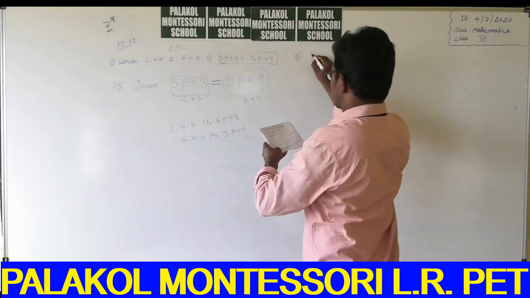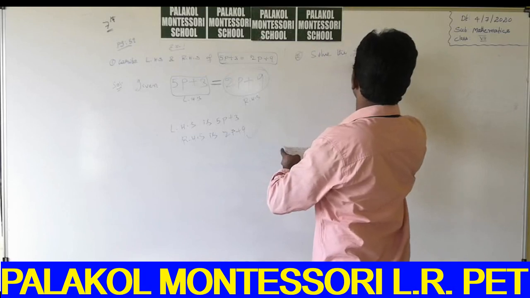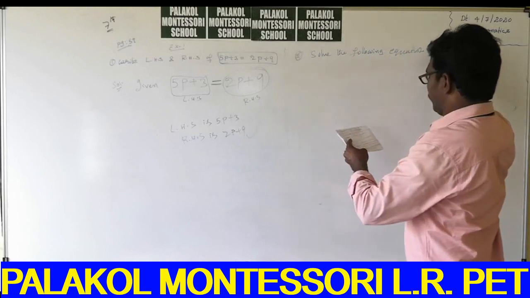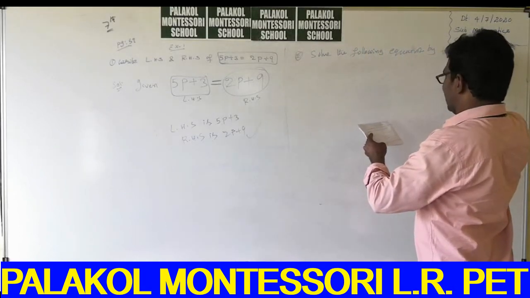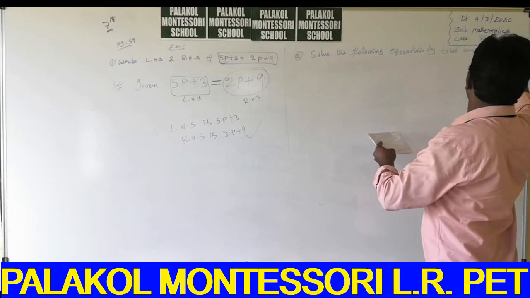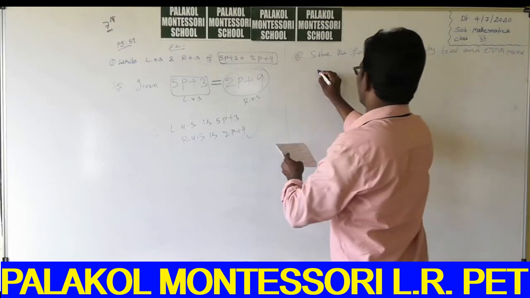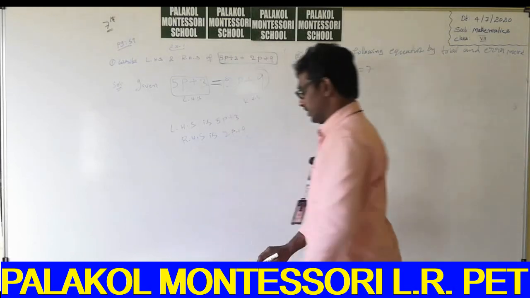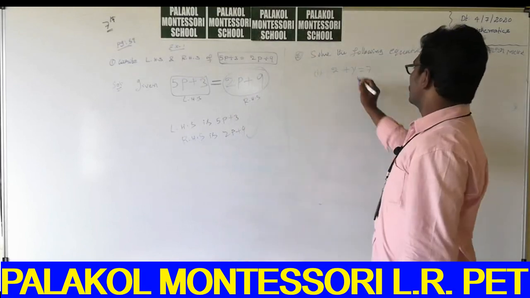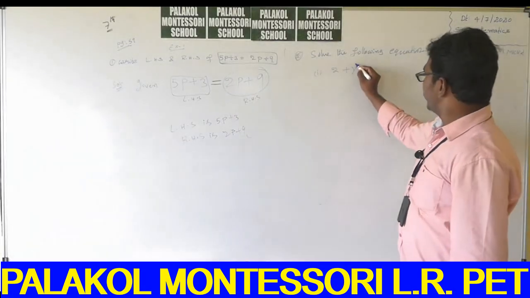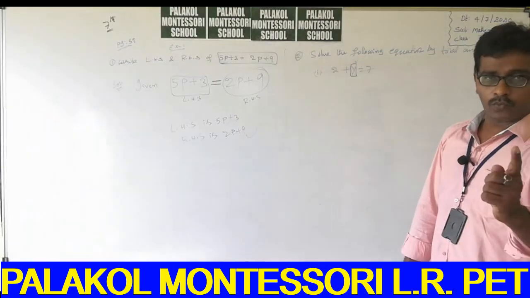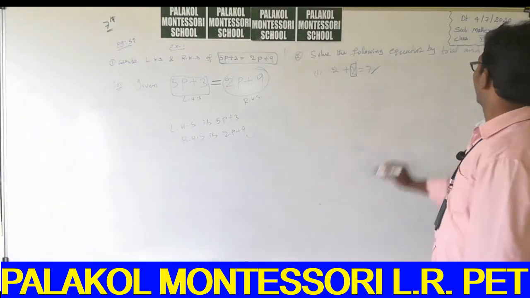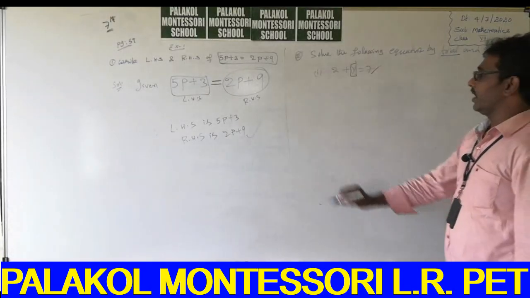Next one, the second question, same page: solve the following equation by trial and error method. The first question, 2 plus y is equal to 7. Guys, in this equation there is one variable. Please identify the variable, y. So which value, on substitution, satisfies this? You check it. Which method? Trial and error method. How?